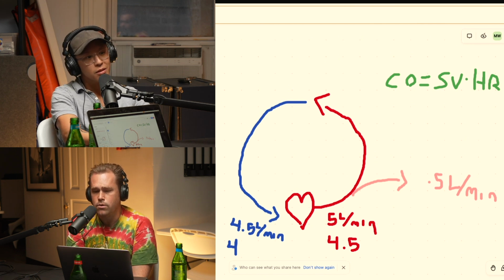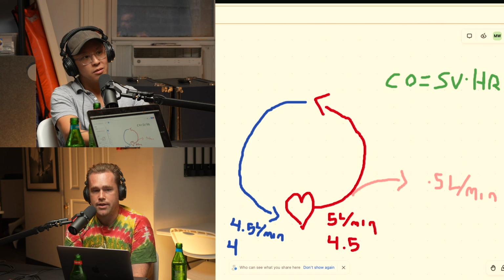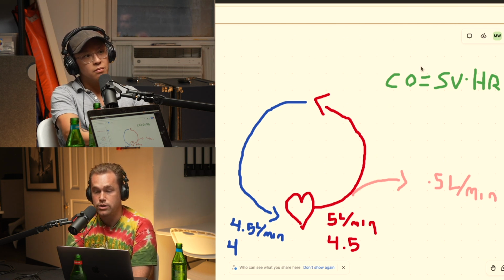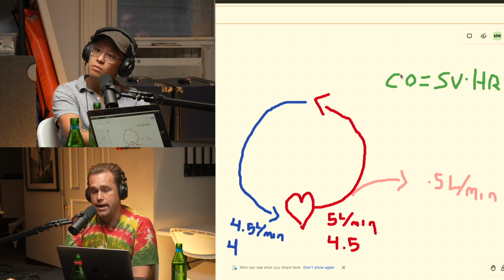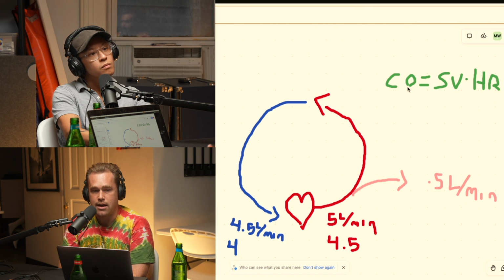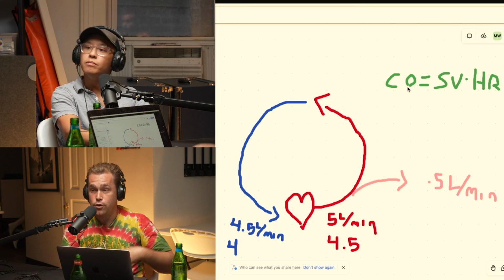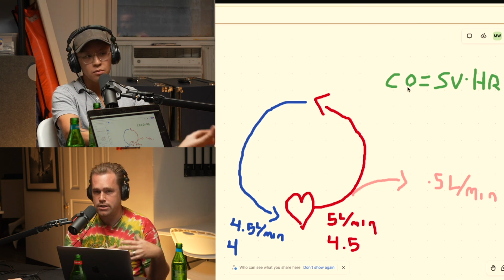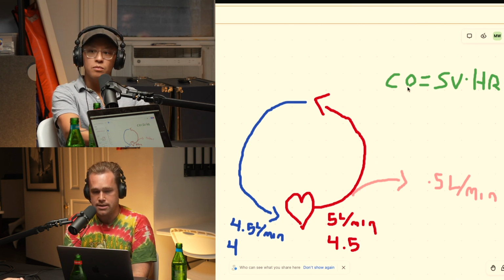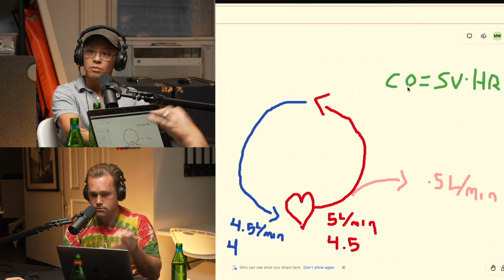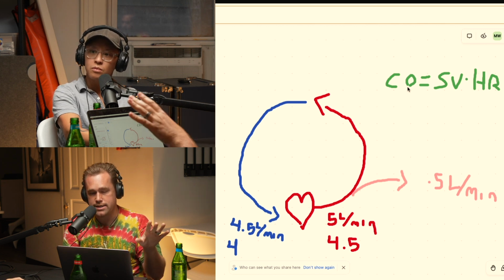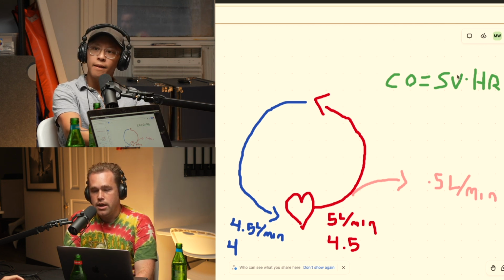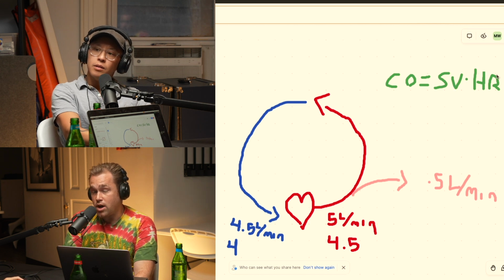So when we look at shock, one of the other concepts to understand is this notion of cardiac output. Cardiac output, which is CO here, is the amount of blood that your heart ejects out in 1 minute. If you have adequate cardiac output, you have adequate perfusion. That's more or less, we're jumping some things to come to that conclusion. So cardiac output is stroke volume times heart rate.